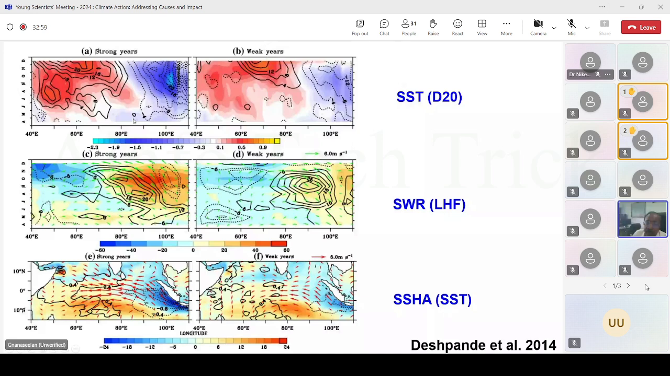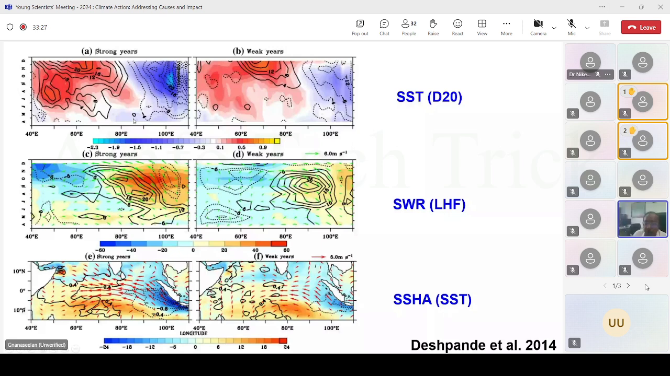Whereas in normal IODs, for example in the moderate or weak years, you get convection over the African region, so the African region gets more rainfall. But in the case of global warming and the stronger IODs, the Indian Ocean water circulation can trigger subsidence and reduce rainfall in the African region. So they are very